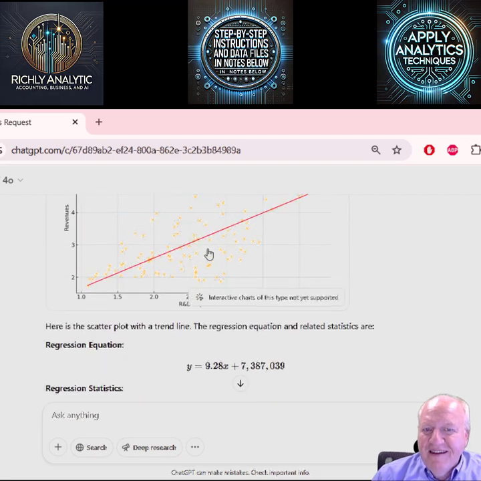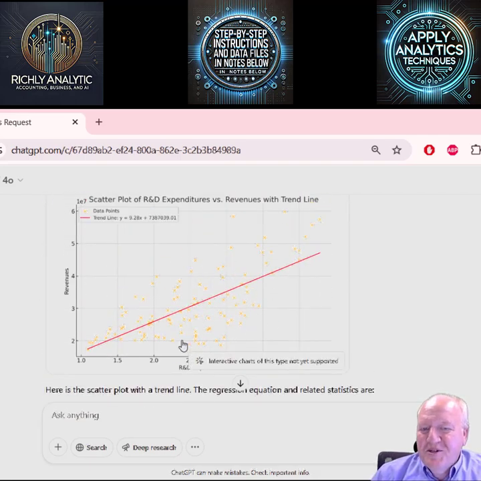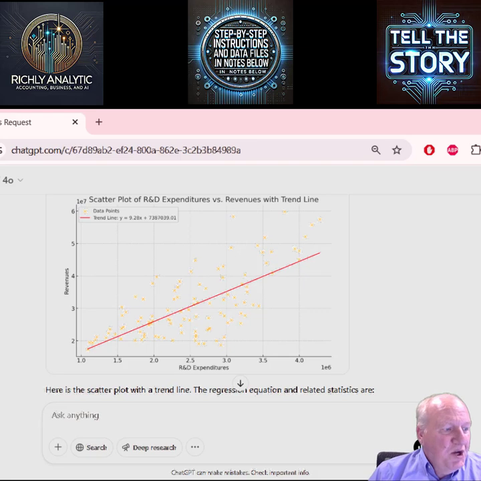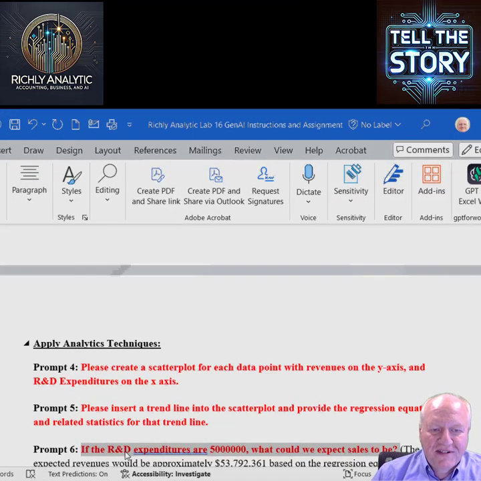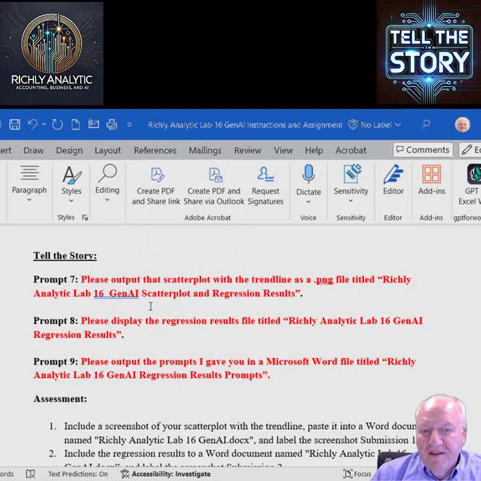Because we've got this plot, we've used and established the relationship, and we've got now an expectation of that line looking forward. The last thing is to output the various things. If you look at the instructions, for example, on the outputs, we're asking it to output the scatter plot, or I could just download it there. When I ask for a specific output, it's going to name it exactly that. I like that. It's also going to provide the regression results. And if I asked it to provide full regression results, you'd see a lot more stats that a lot of statisticians and data analysts would be interested in.